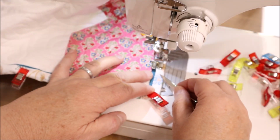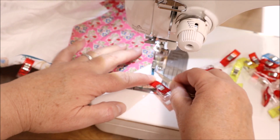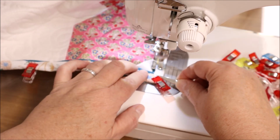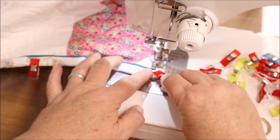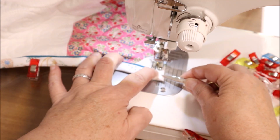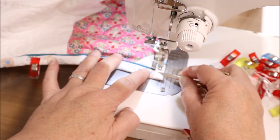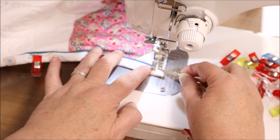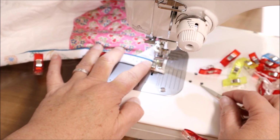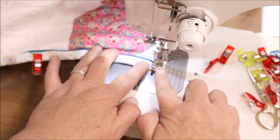When you get to the corner, you're just going to take this really slow. So I'm going to pull down and feed in that binding. When I'm at the corner, I'm going to remove my clip and use either my scissors or stiletto or something sharp to make sure it is tucked under. Then I'm going to slowly go to the corner and make sure my needle hits the top edge of that binding piece. I can leave my needle in the down position,